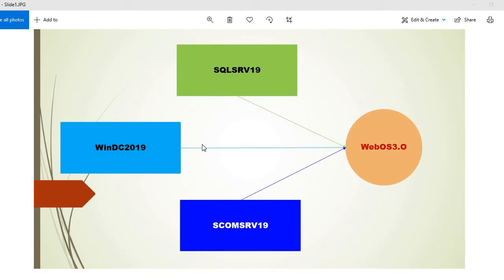Hello friends, in this video I am going to walk through the installation of SCOM 2019. This picture demonstrates the architecture in my lab. So in my lab I have SQL Server 2019, a Windows Domain Controller, and one SCOM server, and I have created